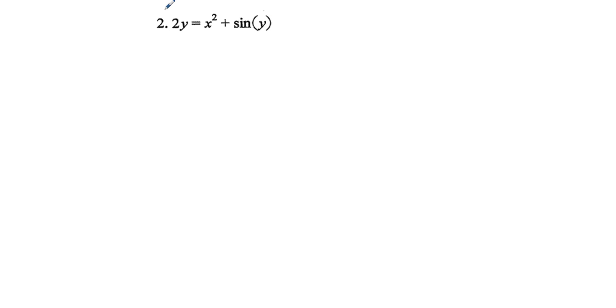And what you have here is implicit differentiation, which means just take the derivative with respect to x of everything in place. So what we have here, this first term on the left, 2y, we take the derivative of 2y with respect to x. That's going to be 2, right? The derivative